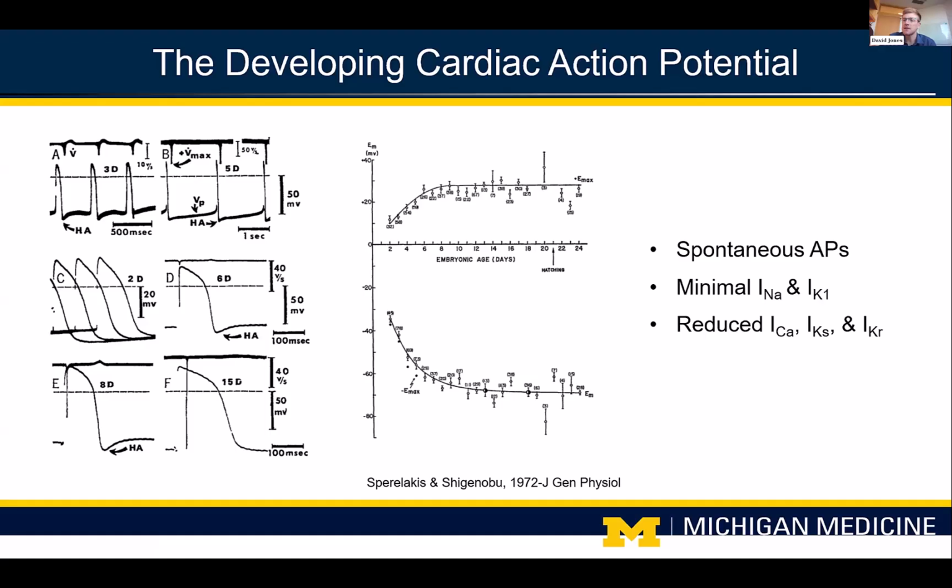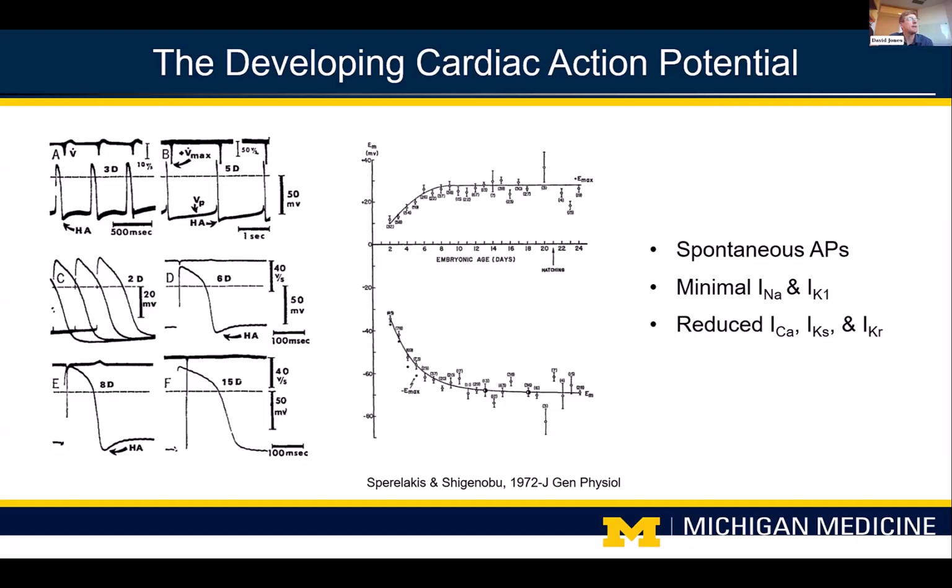But the concepts here are the same across species, where early in development, the ventricular action potential is very depolarized to what you see in adult myocardial tissue, with resting membrane potentials that can be as high as minus 30 millivolts, which is 50 millivolts more depolarized than what we see in adult myocardium. But during development, the resting membrane potential is hyperpolarized. The magnitude of the action potential becomes larger, and you see these changes also manifest in the behavior of individual myocytes,